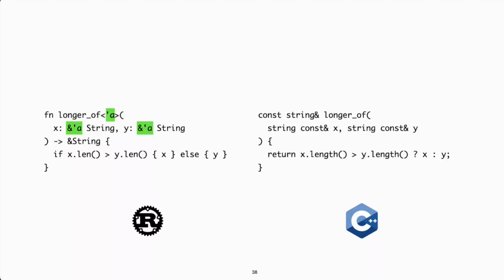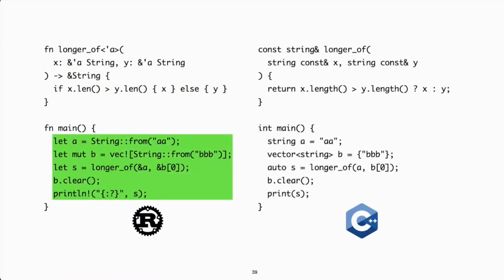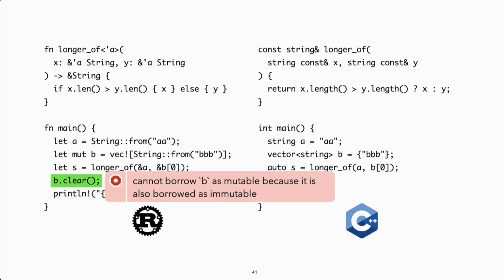So when the borrow checker looks at a call to this function, it will use the annotations to infer the scope in which the return borrow is safe to use. But what is the purpose of this thing? Well, the mechanism serves to catch the following problems at compile time. In this example, we're creating two local variables, one character string and one vector containing a second character string. We then use longer of to get the longest of these strings, and we clear the vector before we finally print the string. Of course, because we cleared the vector, the memory of the longest character strings is gone by the time we reach this statement. And this is caught as an error in Rust.